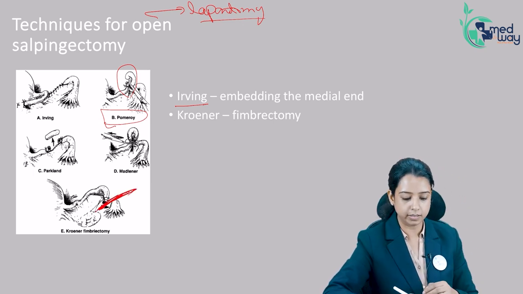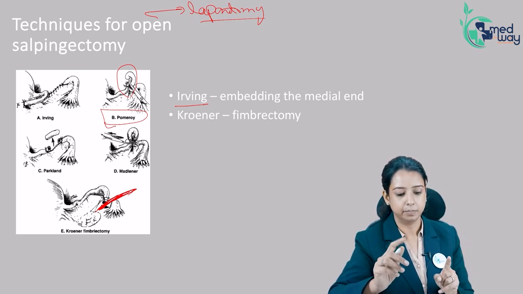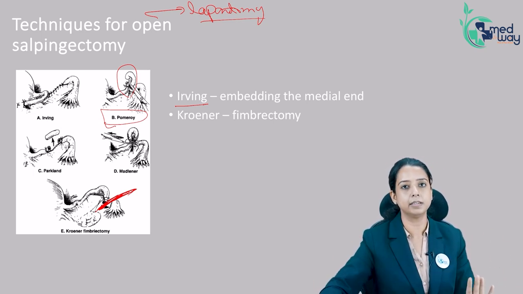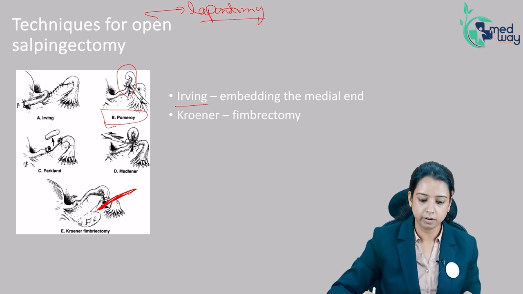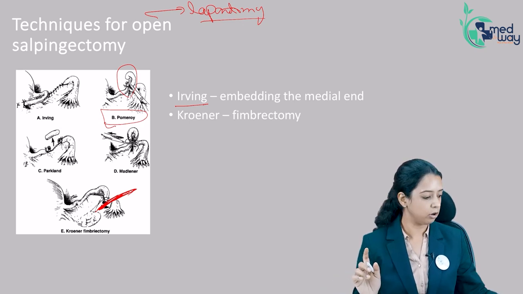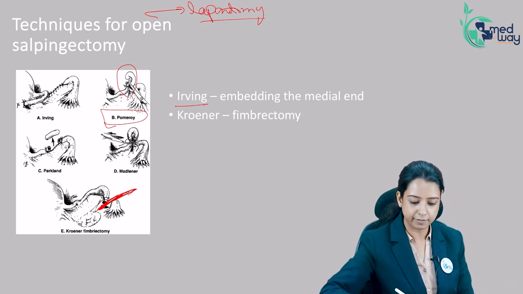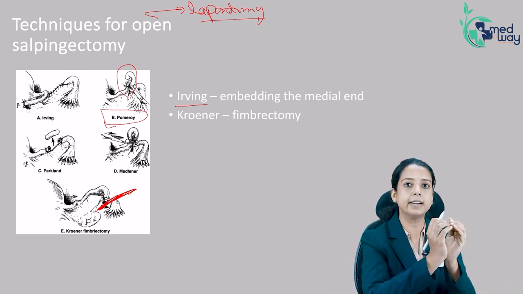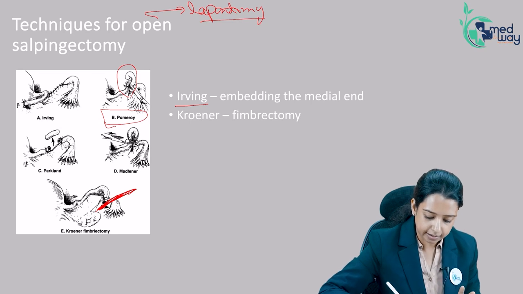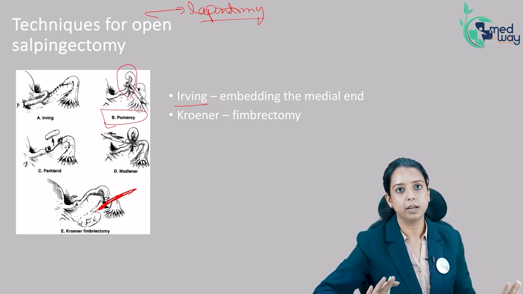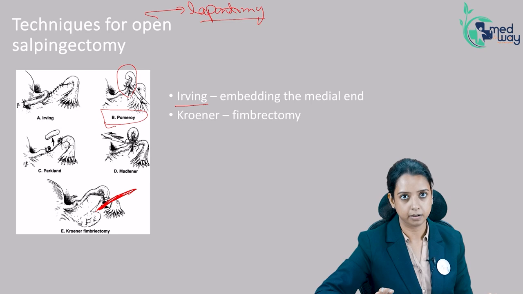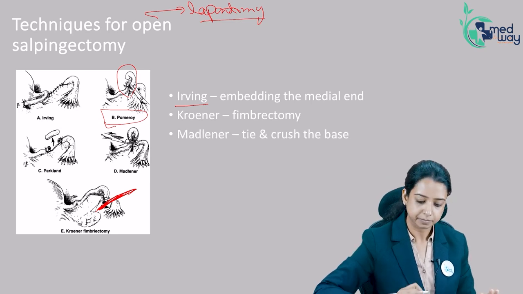Even if you want to reverse it, Pomeroy's can be reversed. The method is irreversible; it is permanent sterilization. If somebody wants a reversal, we can try, but we cannot assure that your fertility will come back. We can try with Pomeroy's, where the cut ends we have, we can try stitching them. But if somebody has undergone fimbriectomy, it is absolutely irreversible. We cannot recreate fimbria. So this is Kroner's method.